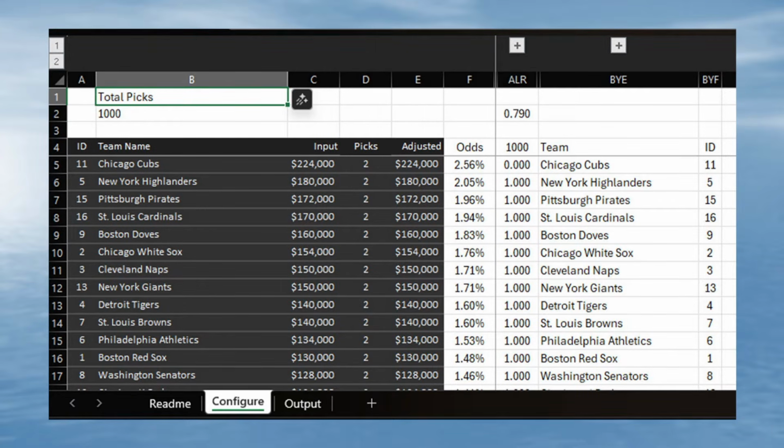Column D is where you'll designate how many picks each team will get in this draft. Keep in mind there are no rounds in this configuration, so a single team could theoretically win the number 1 and number 2 picks in this type of draft. Column E is an adjustment to your input in column C. Right now, it's simply set to force any negative numbers to 0, but feel free to modify this to suit